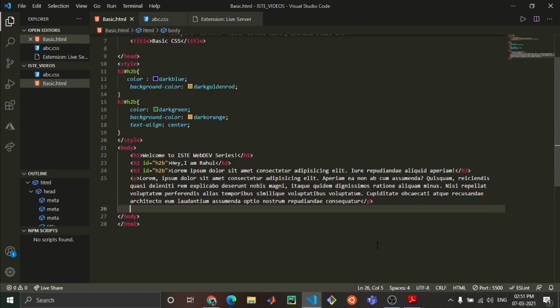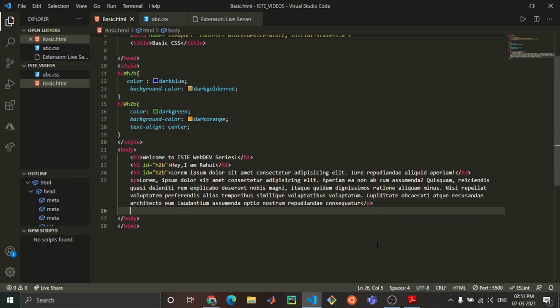I think you have learned C++, C, Java, Python. In those also there is something called a comment. A comment is not relevant to our code, but if some other person is viewing our code, then he or she should get why we are writing that particular sentence, why we are writing that particular code. So comments have their own advantages. For web dev also, comments have a major role.